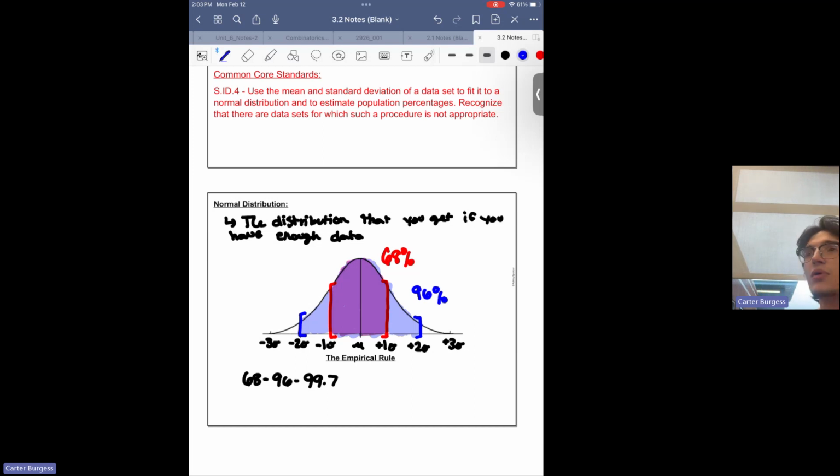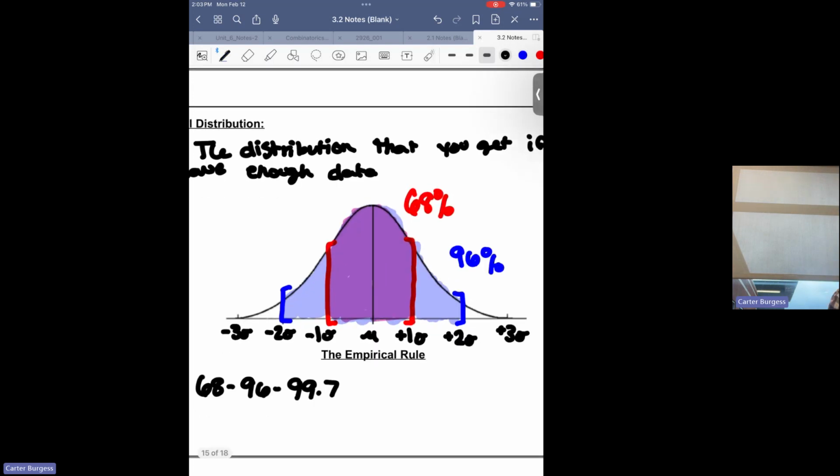Now we can do a little bit more of a delineated breakdown than that. So for instance, for this normal distribution, we've got a symmetric distribution. We'd expect similar amounts of data to the left and to the right of the mean. So if between -1 standard deviations away and +1 standard deviations away, I see 68%, how much percent of my data should I see between -1 standard deviations and my mean itself? So for this bucket here, how much data should I see? 34%. And in the same bucket, we should see 34 on the other side as well.